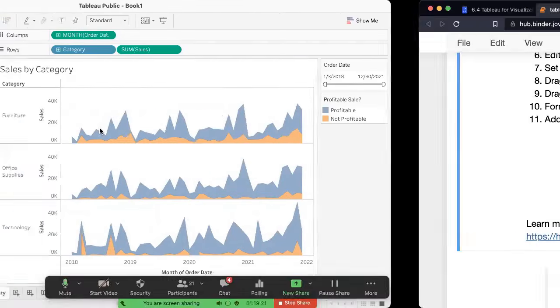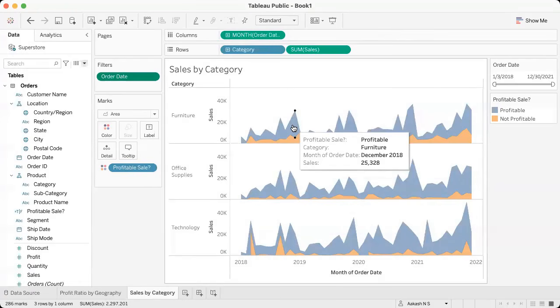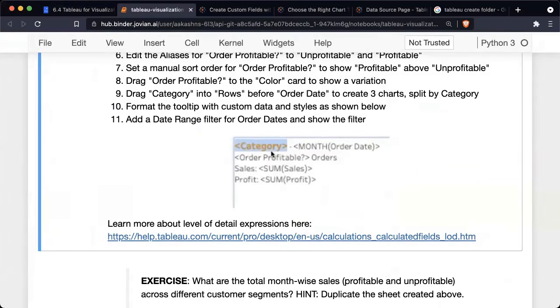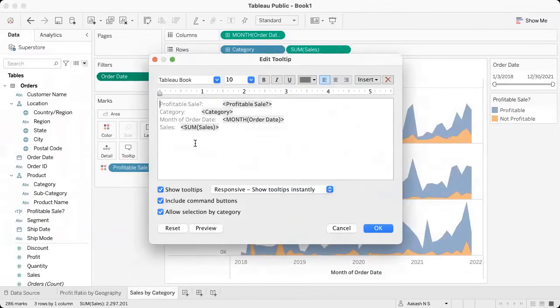Okay. One other thing is tooltip styling. You see here, we are looking at all this information like profitable, question mark, profitable, category, furniture, etc. We can actually change what we show in the tooltip. So I'm just going to click tooltip here, and I'm going to change this to what I'm seeing here. So we have category, and then we have month, and then we have order, profitable, sales, and profit. So let's just do that. We want to put in category, month, order, profitable,